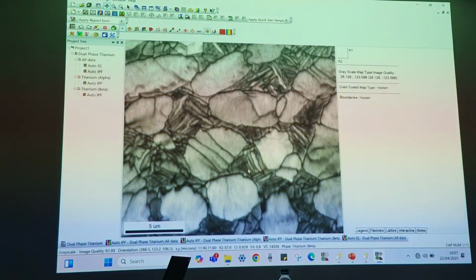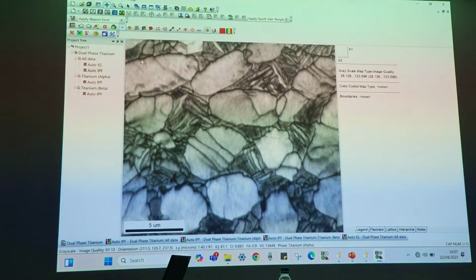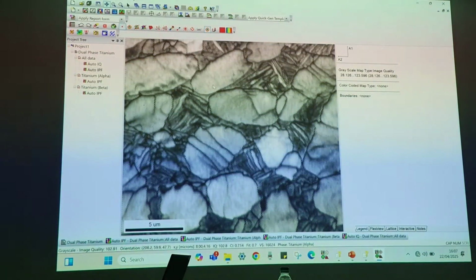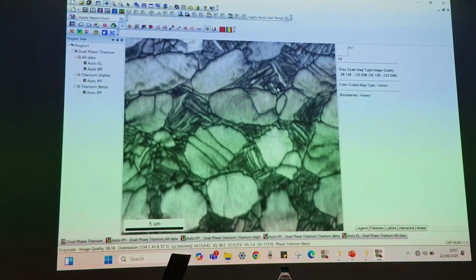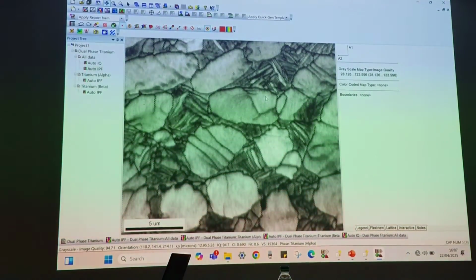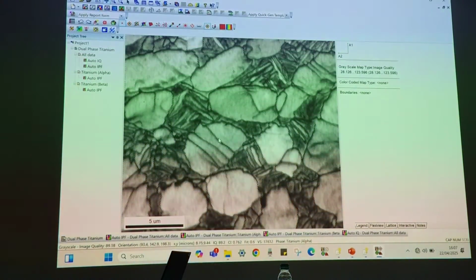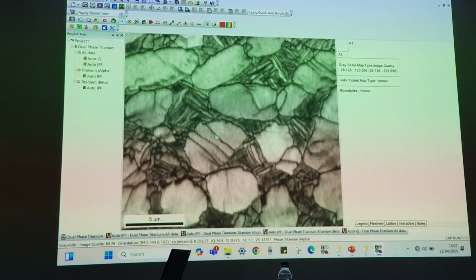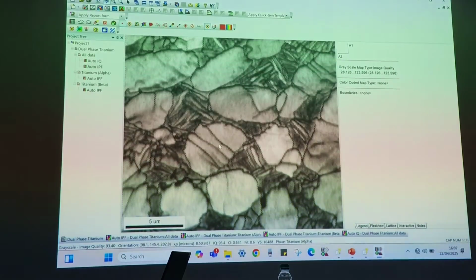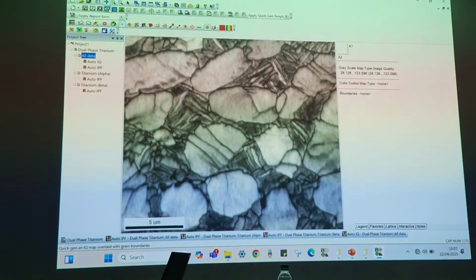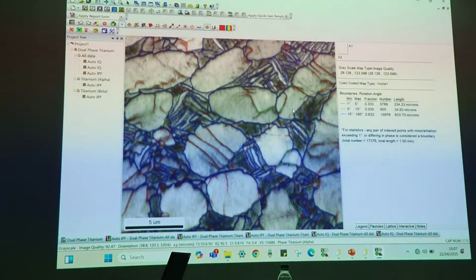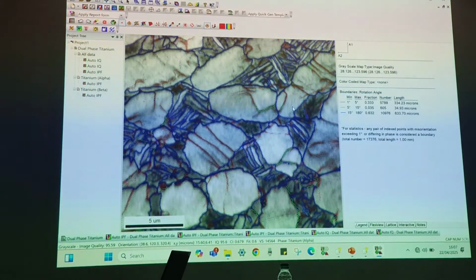Wherever you have more intensity of diffraction pattern, those areas will look brighter in your image, and at the grain boundary, of course, you are not seeing any pattern, so it will appear darker in your image quality map. All these twin boundaries are also dark, because these are the twin boundaries formed within the grain. You can also see the grain boundary information, like what kind of grain boundaries are available in your microstructure.